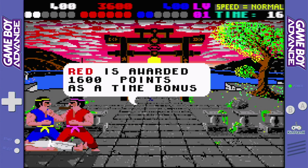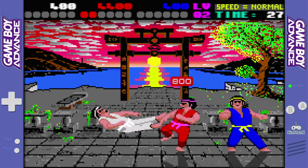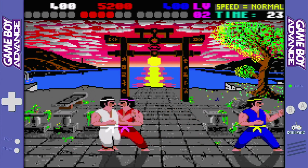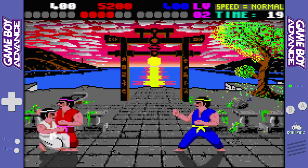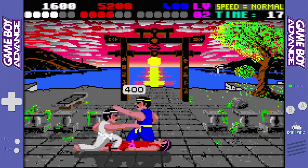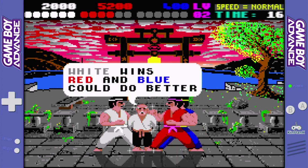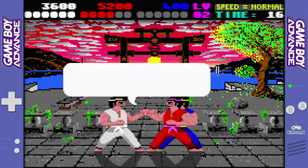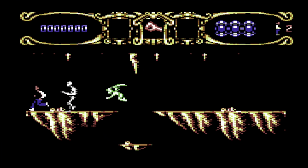Has fantastic music too, which is great. Wow. I lost in that one. I don't think I meant any of that, honest. But yeah, fantastic game, guys. And the fact there's a Game Boy Advance version might make things a little bit easier for Evercade purposes. So this is Myth,